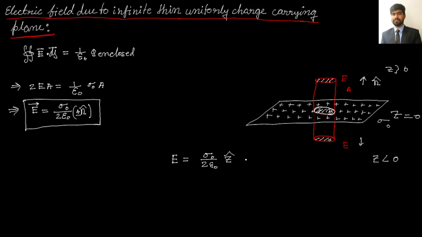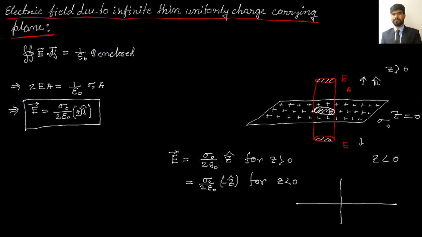It will be plus z cap for z greater than 0, and again this will be sigma naught divided by 2 epsilon naught, but the direction now will be minus z cap for z less than 0, that is the bottom side of this plane. But everywhere you see the magnitude will be the same. So if we want to represent this electric field variation graphically with respect to z,